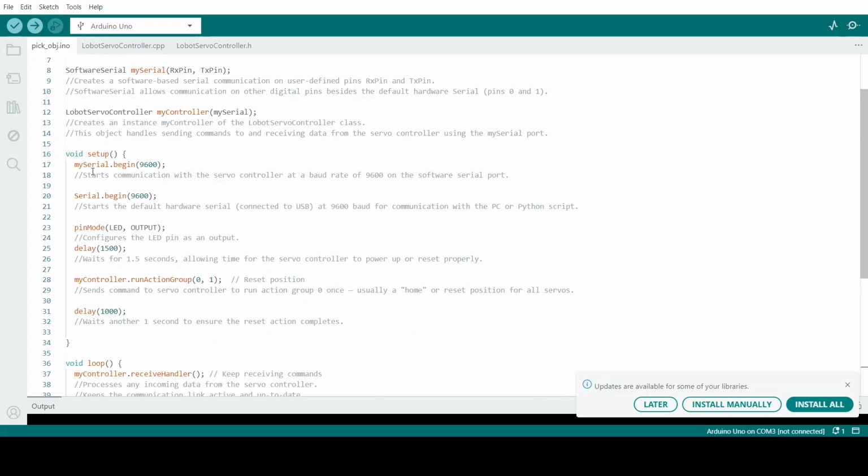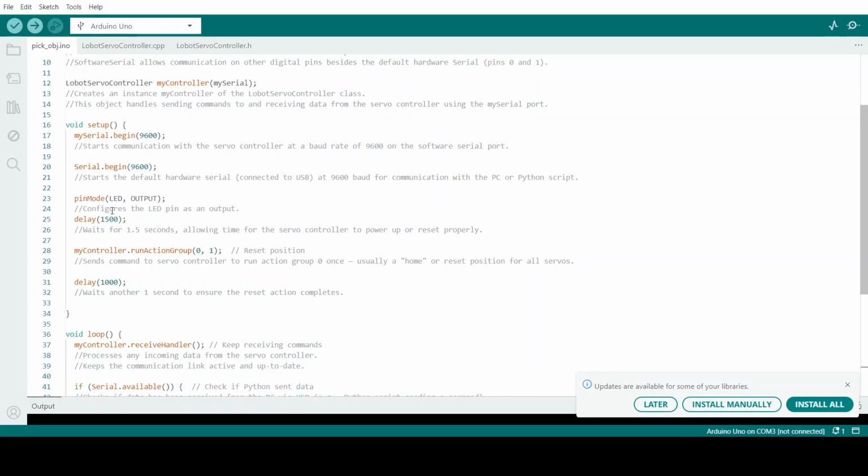Next we have MySerial.begin 9600, which means it starts communication with the servo controller at a baud rate of 9600, and Serial.begin starts the default hardware serial connected to USB at 9600. This one will communicate with the Python code on your laptop or computer, and the other one will communicate with the servo controller of the xArm. pinMode LED OUTPUT configures the LED pin as an output, and